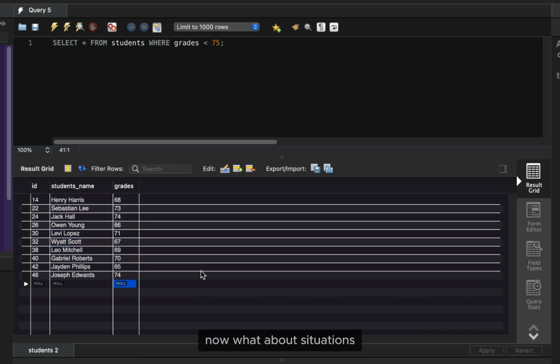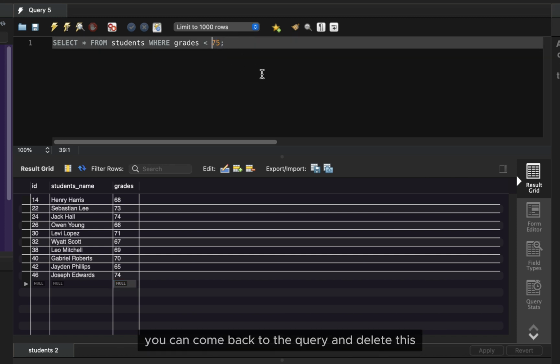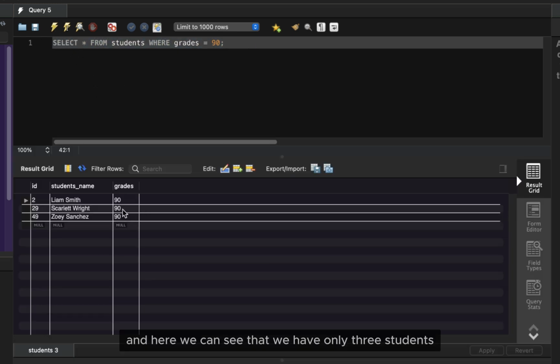Now, what about situations where you want to run a query of students with a specific grade? You can come back to the query and delete this. So we want to run a query of all the students whose grades are equal to 90. So let's apply this. And here we can see that we have only 3 students